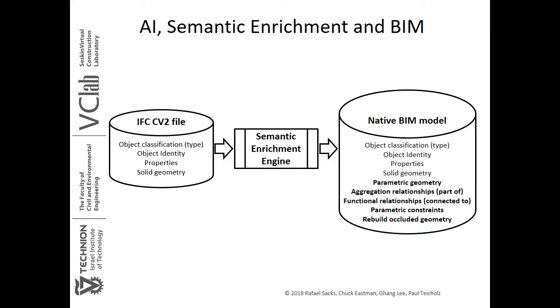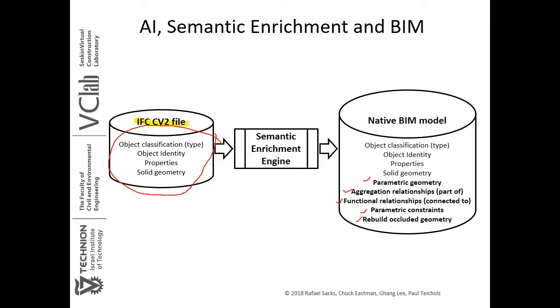The image that you see here expresses the idea from the first work that was done on semantic enrichment, where the input was an IFC file, but a very basic IFC file. You see that it contains only object classification, object identity, properties, and solid geometry. But then it undergoes processing through a semantic enrichment engine to add on many other things: parametric geometry, aggregation relationships, functional relationships like things which are connected to one another, various parametric constraints that reflect how things should behave in relation to one another, and also the ability to rebuild occluded geometry,